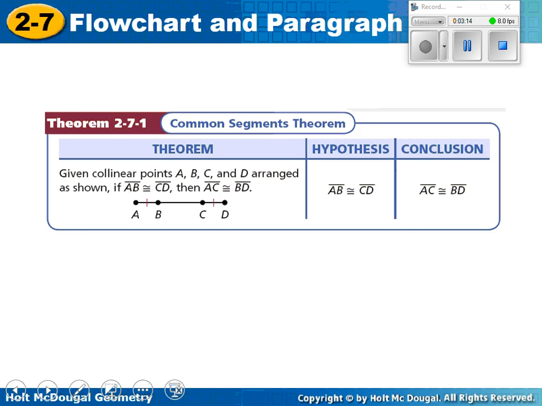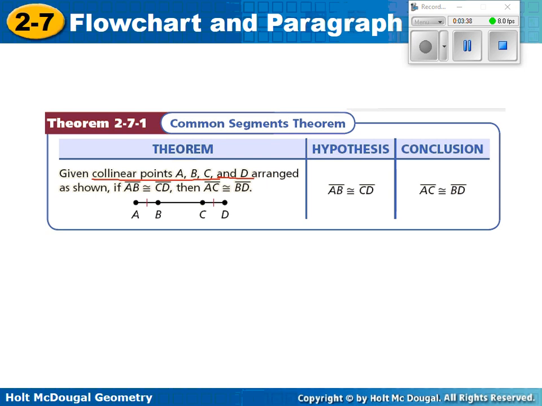Okay, before we actually look at different ones, we're going to look at a new theorem. This is called the common segments theorem. And again, you'll have some problems on your homework that ask you to just basically use this to solve. So it says given collinear points A, B, C, and D. What's that mean? What's collinear mean? Same line. So given 4 points that are on the same line,